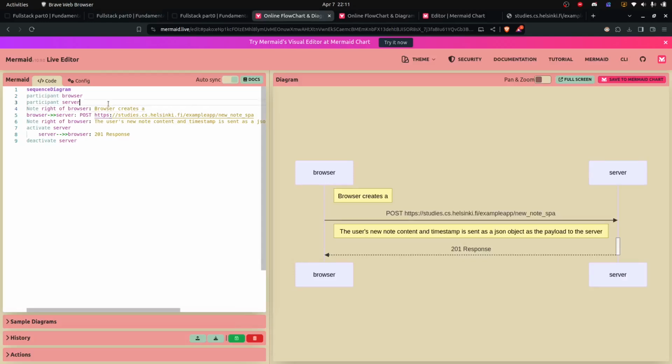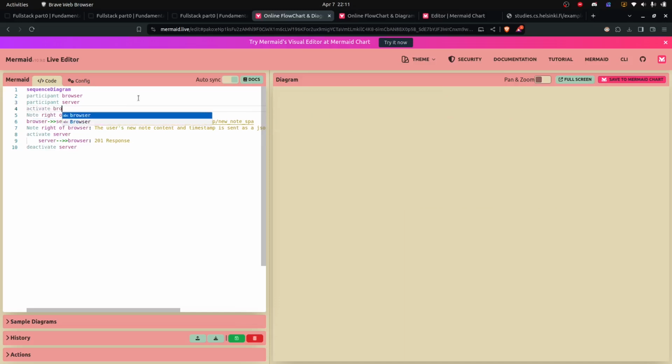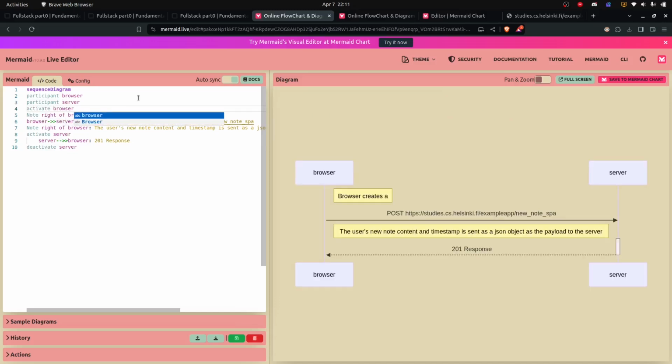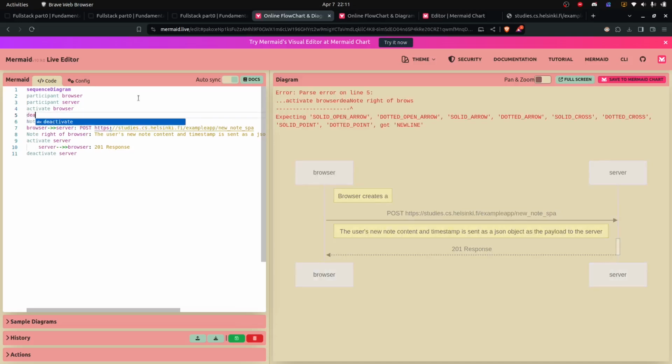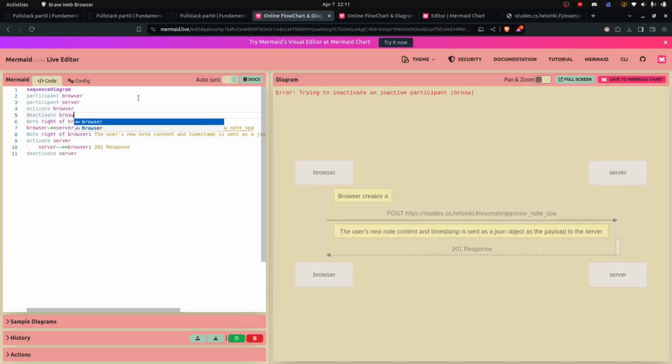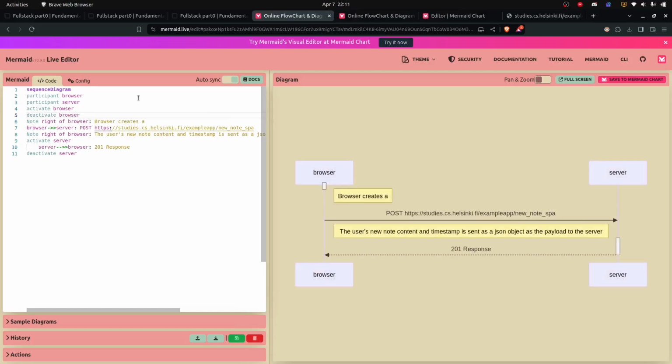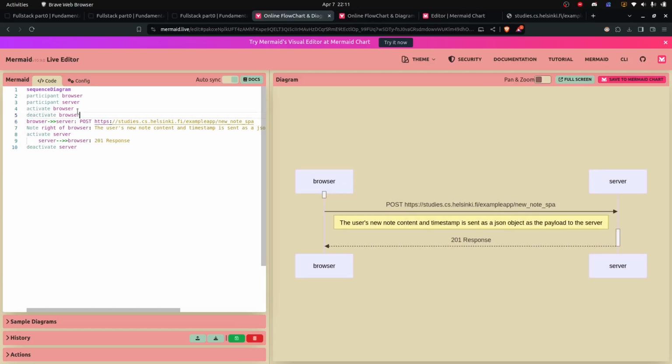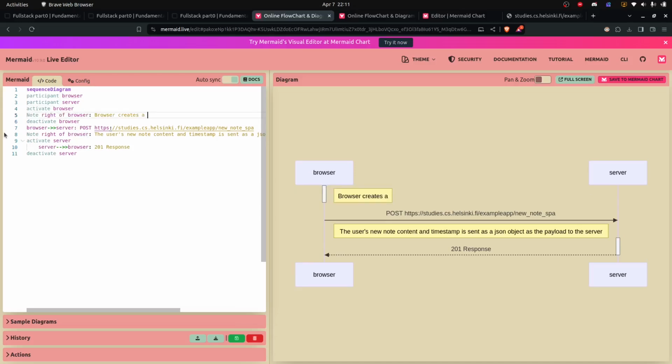We can probably do like activate browser. See if we can do that here and then add the node maybe in the middle, like so. Browser creates a